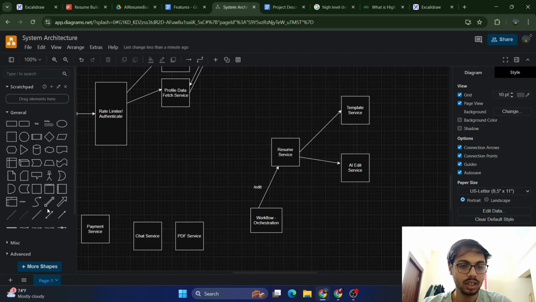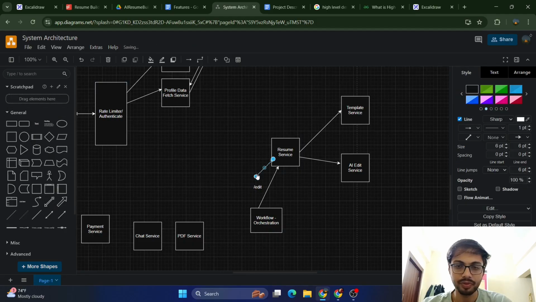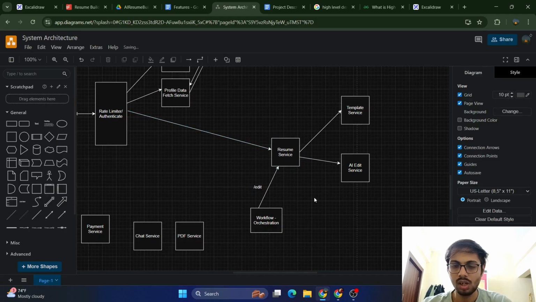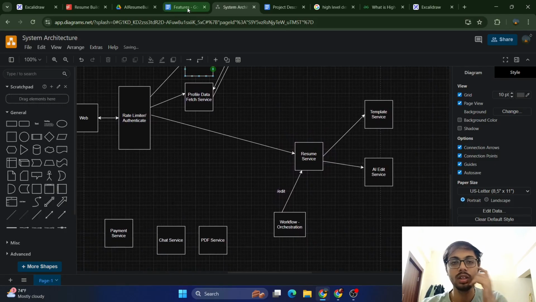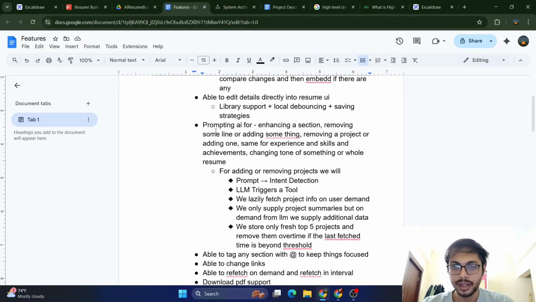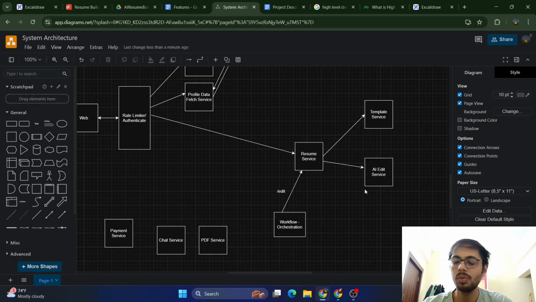तो सीधा यहाँ से ही रख लेते हैं। एंड उसके अलावा हमारे पास है प्रॉम्प्टिंग विथ एआई, इज डन। हाँ, अगर हमारा प्रॉम्प्टिंग विथ एआई है तो हमको एडिट कॉल करना है, एआई एडिट सर्विस। अदरवाइज सीधा रेज्यूमे में अगर डाल रहे हैं तो रेज्यूमे सर्विस, टेम्पलेट सर्विस, रेज्यूमे सर्विस, डन।